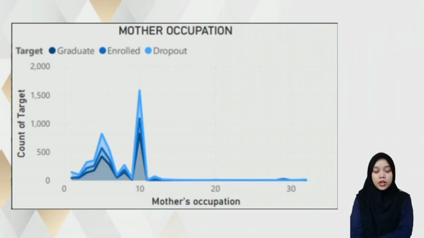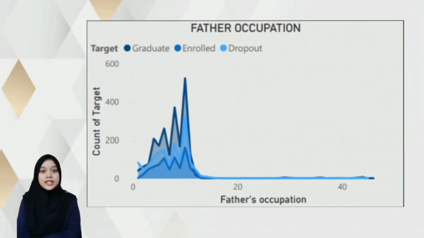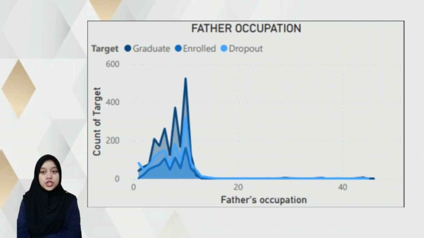For the highest number of students, our target users can see that it is from dropout students, and the occupation is number 10, which means unskilled worker. For the enrolled and graduate students, the chart also shows the number 10. For further occupation, the array chart includes 42 types of jobs, and I also provide the meaning of each number here,